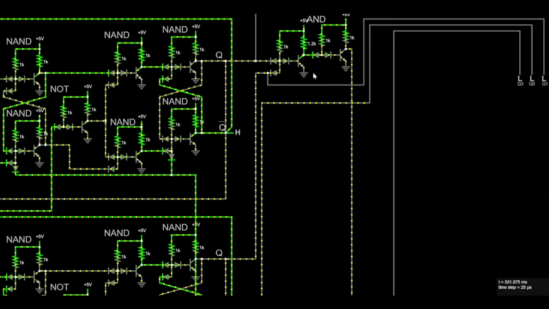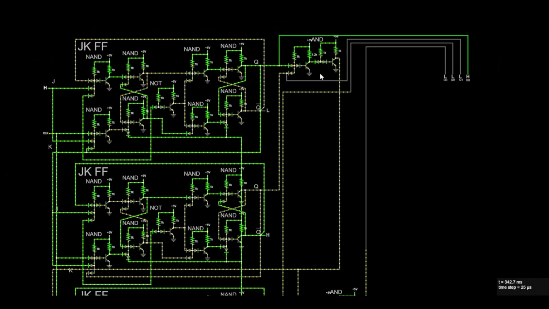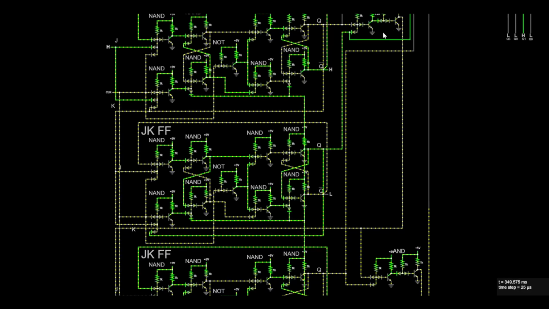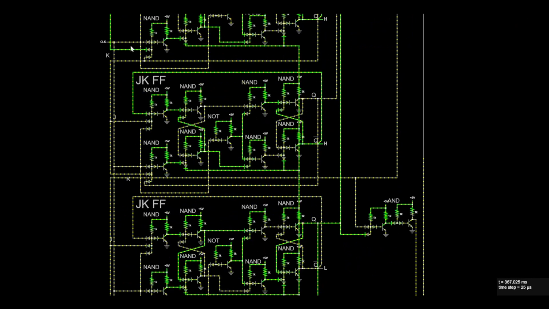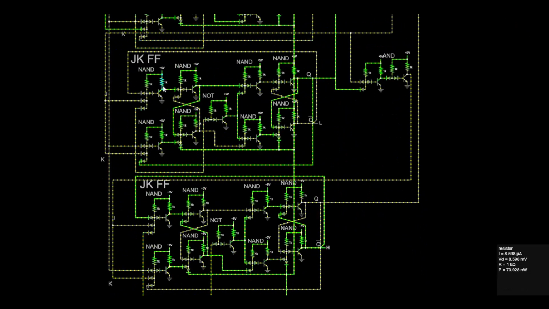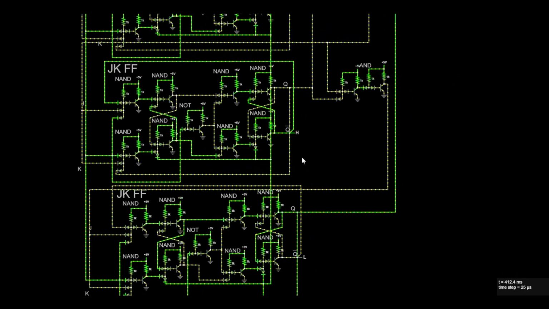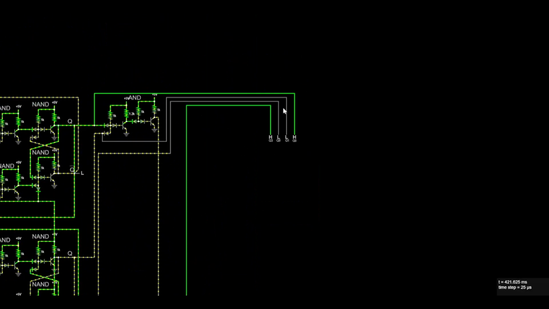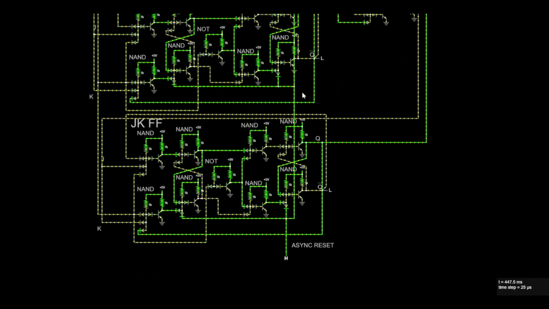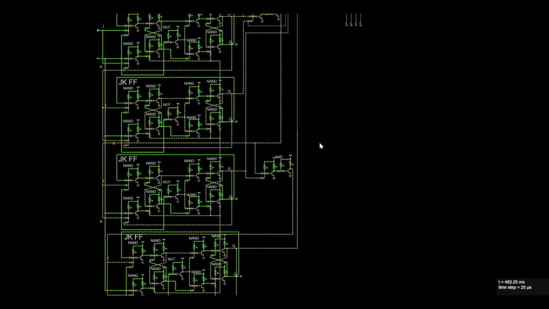And so this AND gate, once it has both 1 and 2, well, 1 plus 2 is 3, so once it goes from 3 to 4, it sends a signal down into our next JK flip-flop, which has another AND gate, and then it sends a signal down into our last JK flip-flop, and then this also sends its signals up over here for our output so we can see what's going on. And then I've tied all the asynchronous resets together so that we can reset the entire circuit at once, and you'll see that on any counter